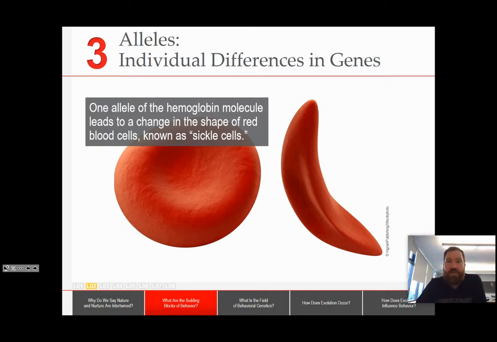So that's kind of an interesting thing. Sickle cells developed as an adaptive thing, right? People who had sickle cells were less likely to get sick from malaria. But now, especially in countries in the West where malaria is not really a concern, the issue is more related to iron and nutrition. Anyway, that was kind of a weird tangent there, but alleles, again, are slight modifications on genes that are different for each person. Okay?